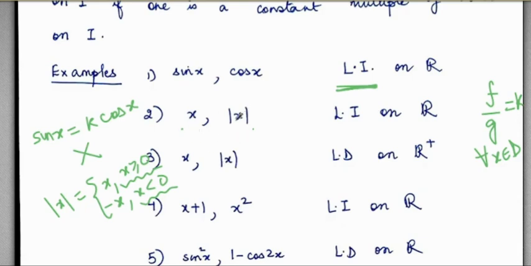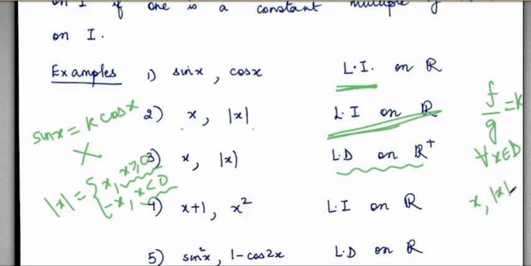Now x and mod x, their ratio will be 1 if x is greater than or equal to 0 and minus 1 if x is less than 0. So they are linearly independent on R. Whereas if you restrict the domain either to R plus or to R minus, then the ratio is going to become a single constant. For example, on R plus,